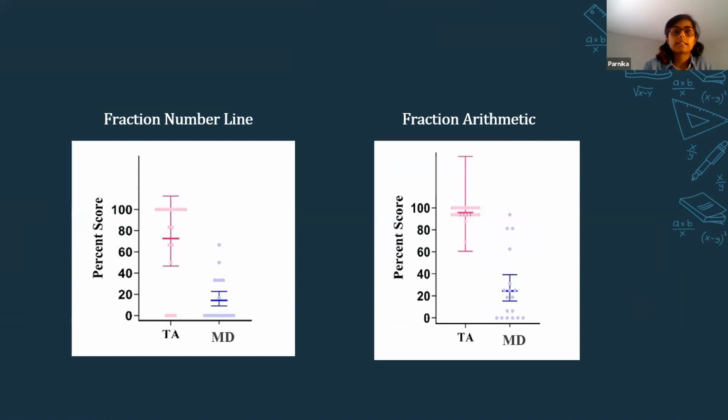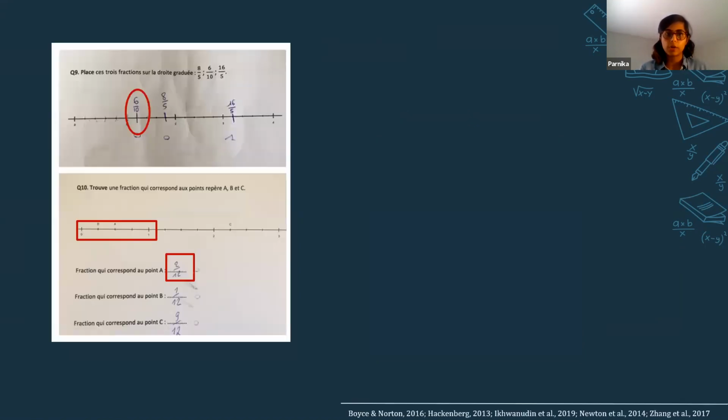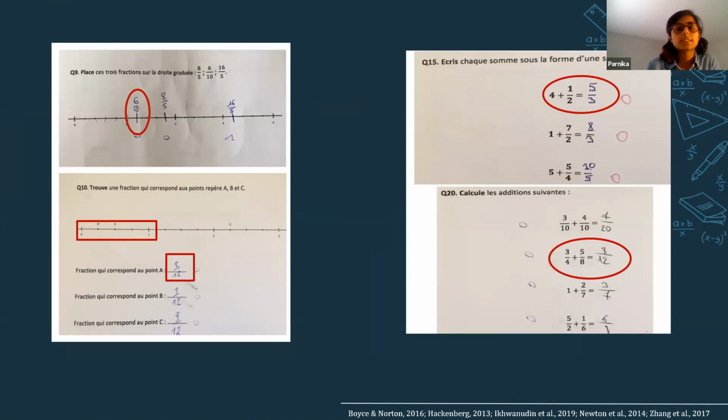And so we wanted to see next, what are some of the error patterns that these adults exhibit on fraction number line and fraction arithmetic. And so we did an exploratory error pattern analysis. And here, this is just one example where we see how adults with mathematics disability show similar error patterns that have been observed in prior research on typically achieving adults and children with mathematics disability. So here we see that they are unable to reduce the fractions. They're also unable to understand the subunits within the multiple units of the number line. And here they are counting the tick marks instead of the parts that have been segmented.